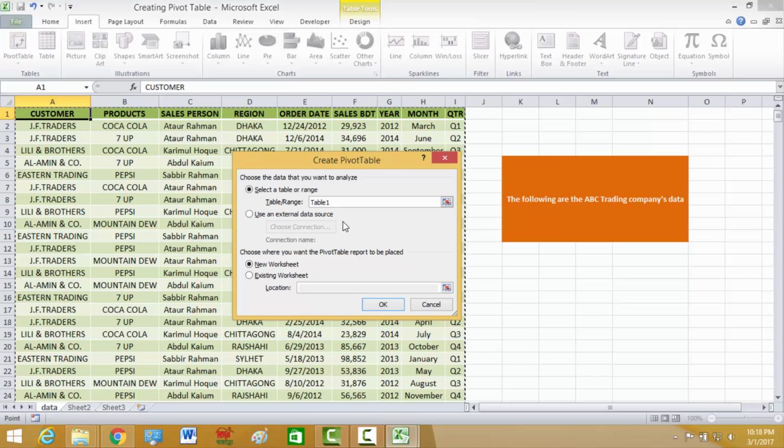And by built-in Excel gives the name Table1. That means your whole table is renamed Table1. And after this